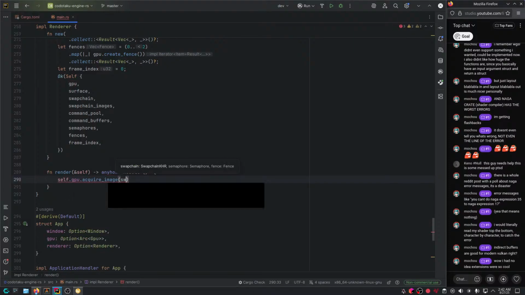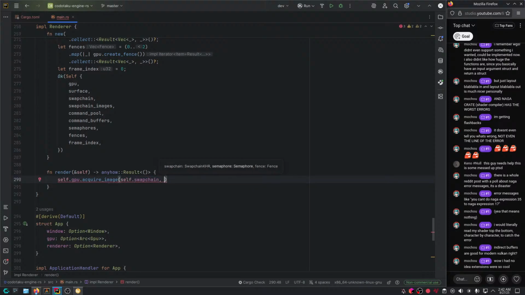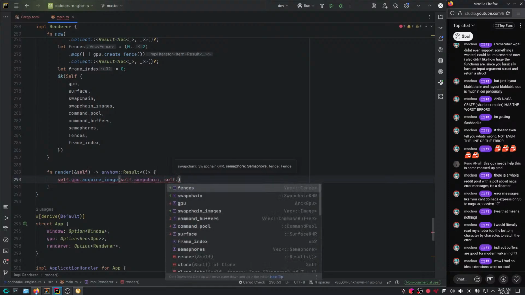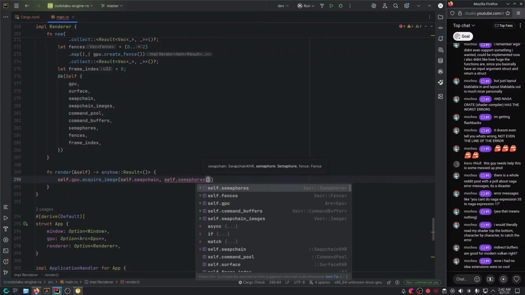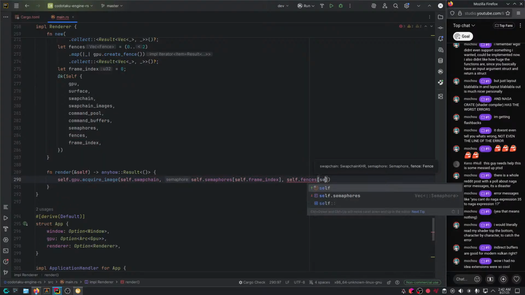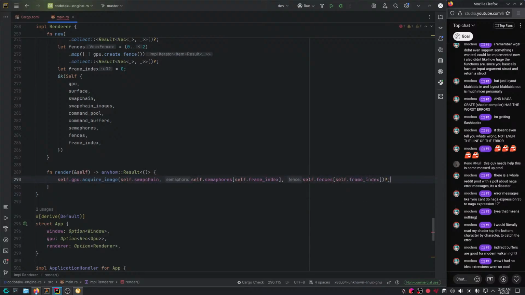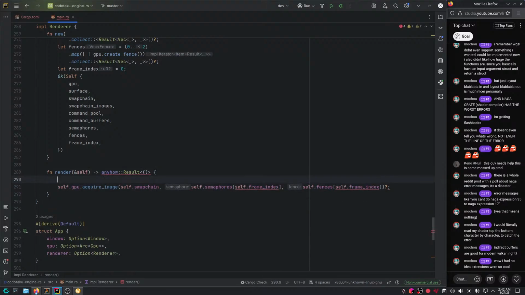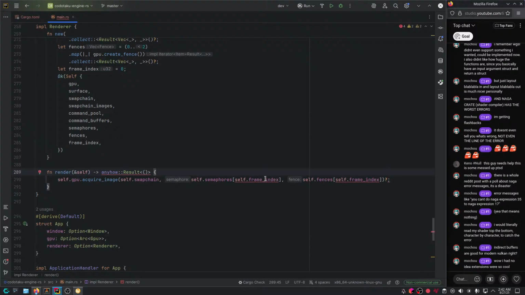Here we give it our swap chain and our semaphore, which is basically self.semaphores, and our index here, what is it? Frame index, yeah. Self.frame_index, comma, fence. Self.fences, self.frame_index. And that's basically how it goes.